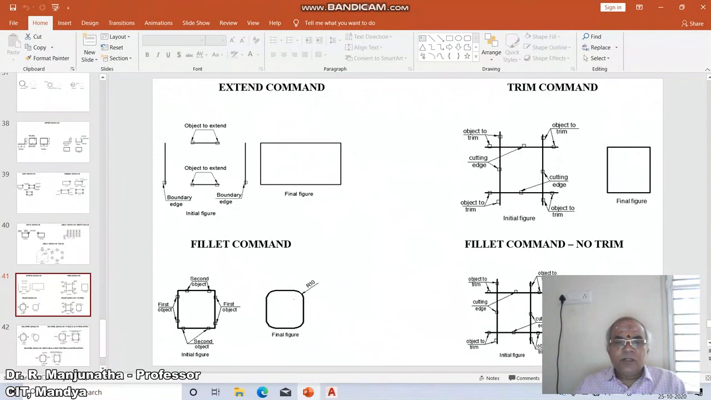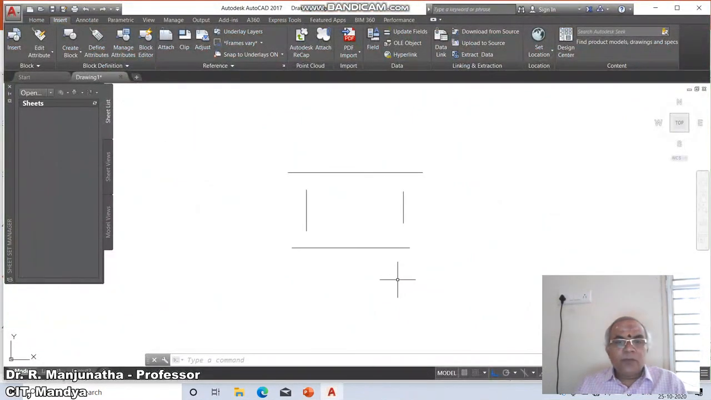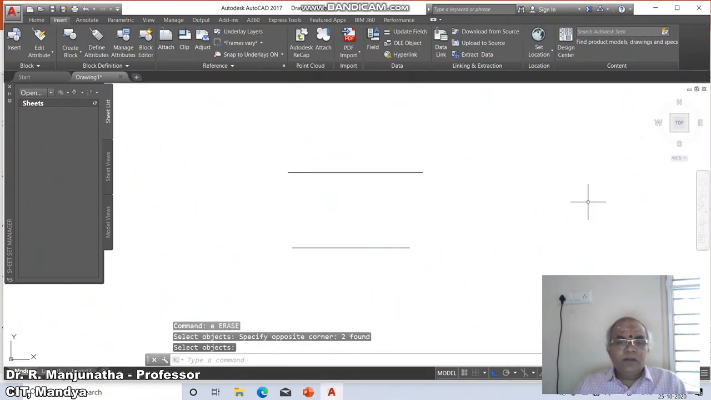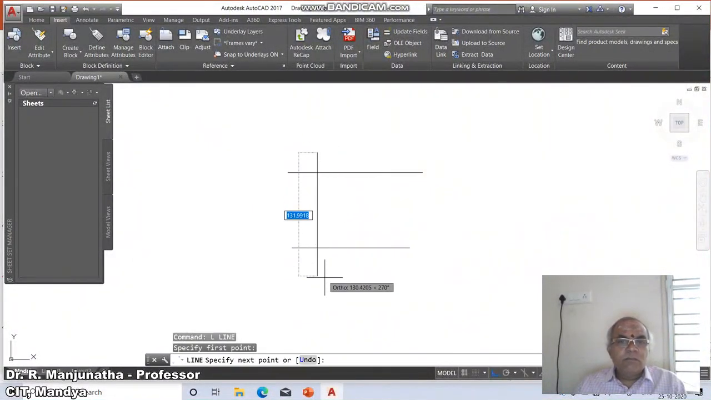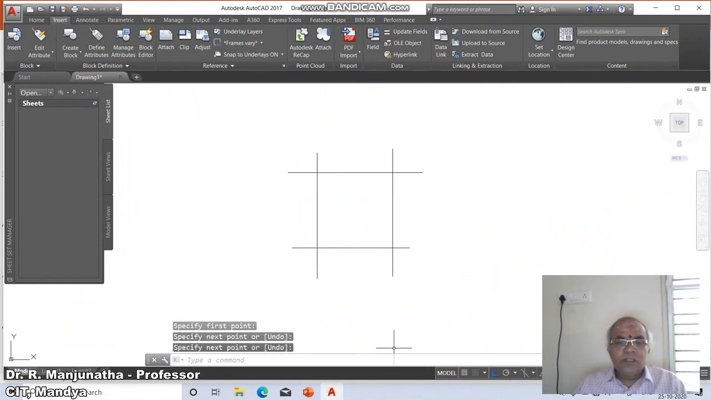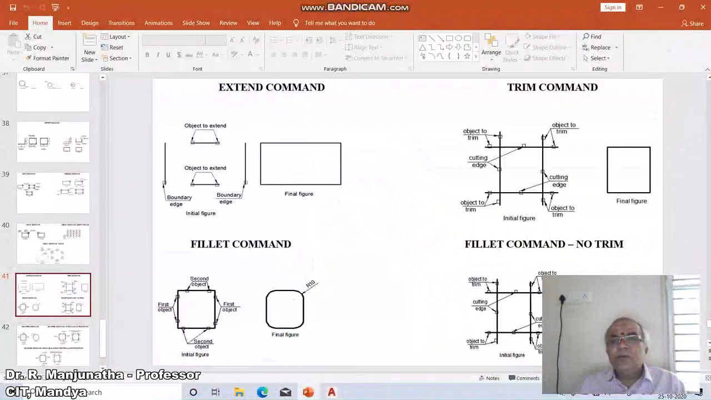Trim command. To find out the trim command, we have one line. So I will create one more line like this. Then I have one more line here. So this is the typical object I am trying to do here. So the final figure I want is like this. To do that, I will go for